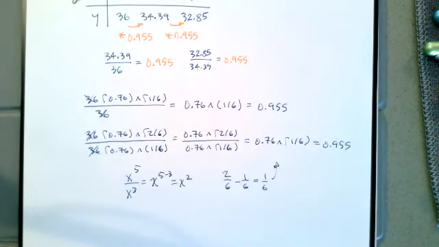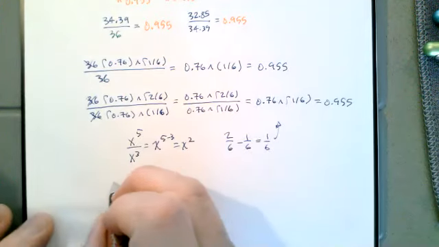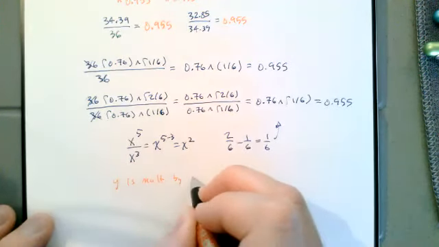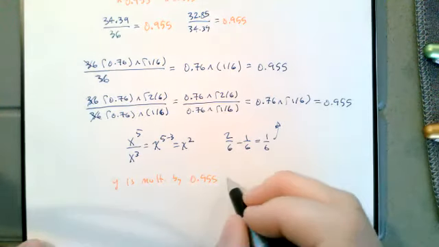So that's how we can simplify our description. If y is decreasing by 24% every 6 units, we can simplify that to multiply by 0.955. And now we can see how it's changing every 1 unit. So if we have a description that says y is multiplied by 0.955 every 1 unit,